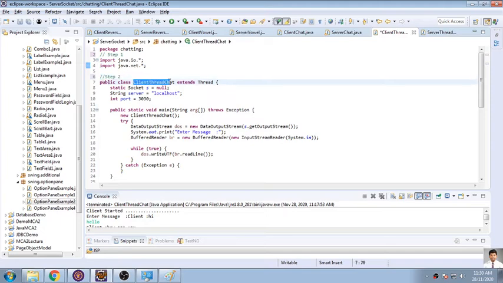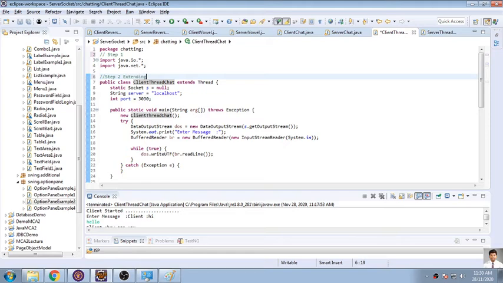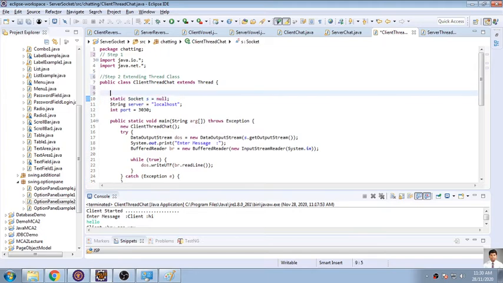Now step number 2, you have to keep in mind, whenever you are doing a threaded program, you have to write the name of a class that will be extending the Thread class. So step number 2 is nothing but extending the Thread class. So you are extending the Thread class in step number 2, which we have not done in the previous chat application. Now this is step number 3, you will be initializing whatever you want to do.